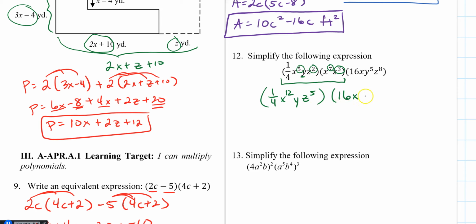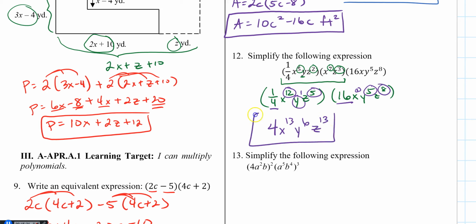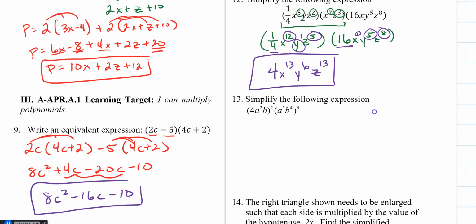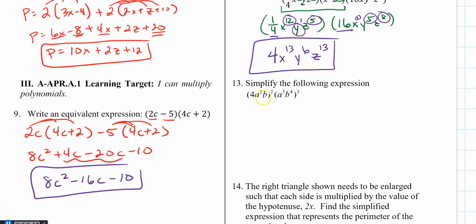And then I can multiply that by the next term, or the next factor. So we're going to multiply numbers with numbers. 1/4 times 16 is just 4. X to the 12th and x to the 1st is x to the 13th. Y to the 1st and y to the 5th is y to the 6th. And z to the 5th and z to the 8th is z to the 13th. And that's simplified. 13, same idea, but this time I have a power of a product, and when we do that